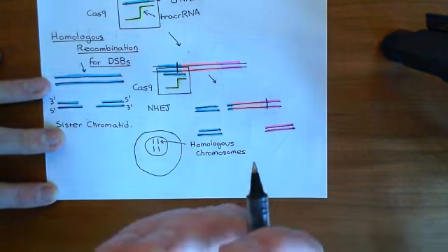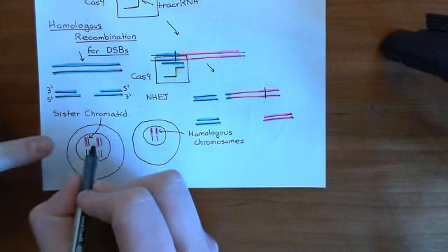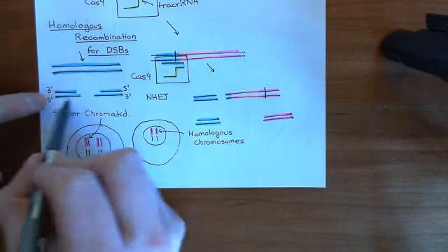Here are the two homologous chromosome 1s on this picture. And they have produced identical replicas of each other. This new chromosome that it has produced is known as its sister chromatid. It is absolutely genetically identical to this first one. So if the cell suffered this double strand break, when it just happens to have a sister chromatid, then